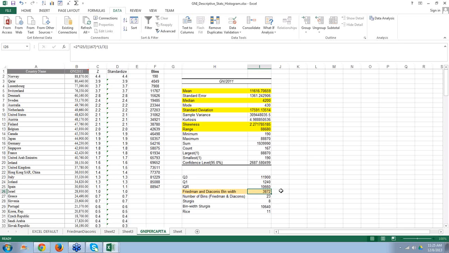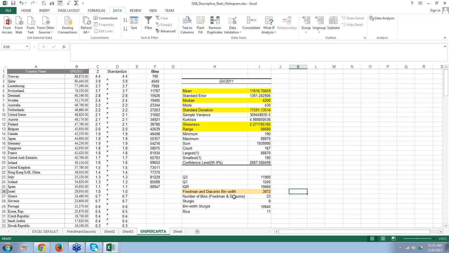3,872. Some of you may want to Google it to read a little bit about choice of class interval because it's very important. Quite often people construct a histogram in Excel using the default. In many cases it works, but there have been some examples where the default doesn't work, in which case we have to use some sound statistical techniques to determine the bins. All right, so once I have the bin width, then I have to calculate how